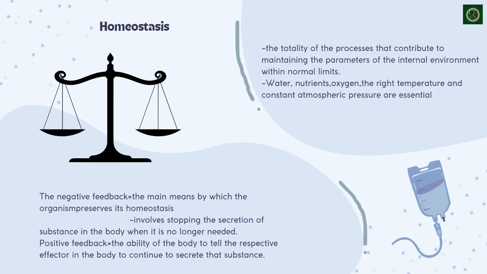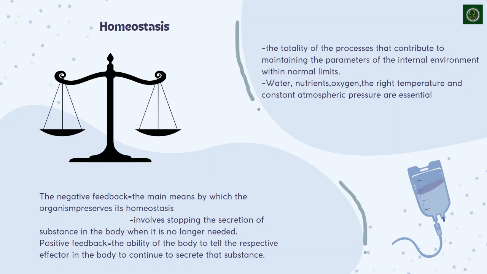Thus, an organism is healthy, which means that it is at the reference value, only if it self-regulates through feedback mechanisms. Feedback mechanisms can be negative or positive. The negative feedback mechanism is the main means by which the organism preserves its homeostasis. This involves stopping the secretion of a substance in the body when it is no longer needed. Positive feedback is the ability of the body to tell the respective effector in the body to continue the secretion